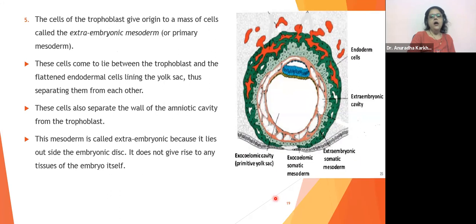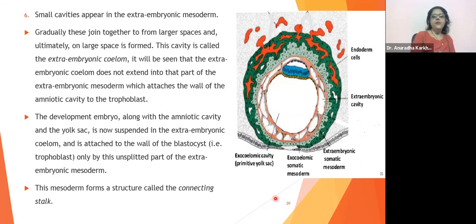Then the next thing that we are going to see is what? All these small cavities will join together. Small cavities appear in the extra embryonic mesoderm. Gradually they will join together. So all these spaces, all these areas will then join together to form a large space,